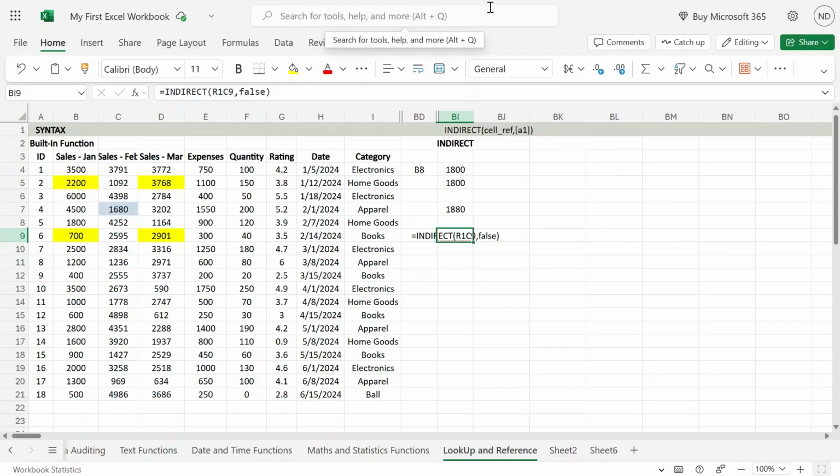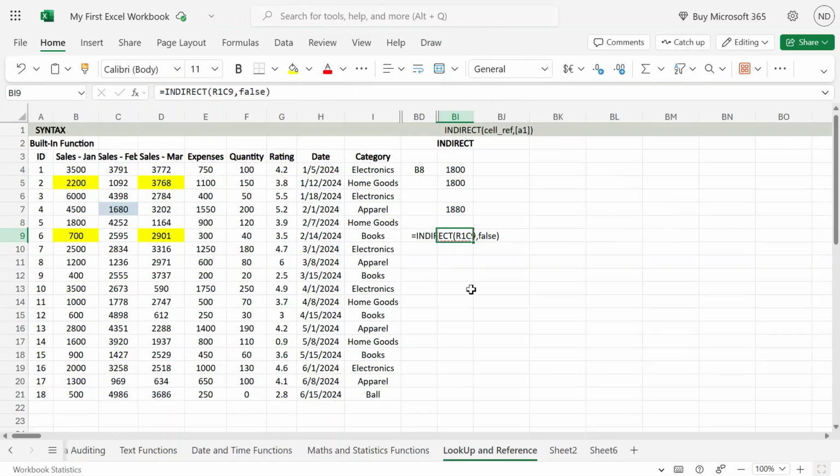So suppose I want to get the sales of my March figure, of March, and pull them into this particular cell that I'm using. Now let's understand that the figure that we are trying to get is an addition of the entire March cells. So what I will do is,